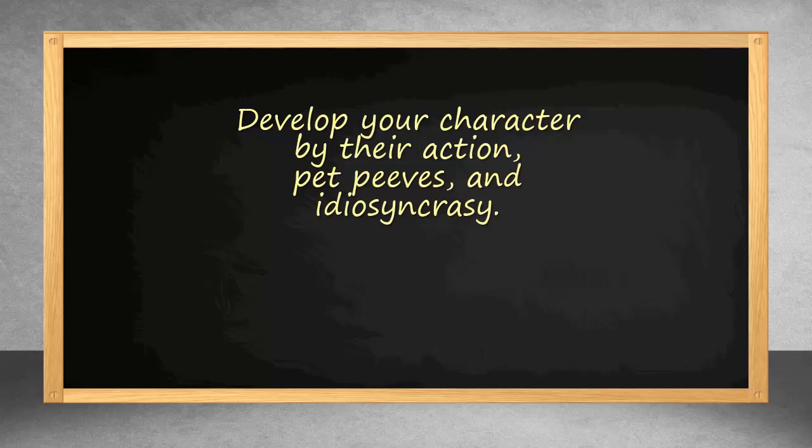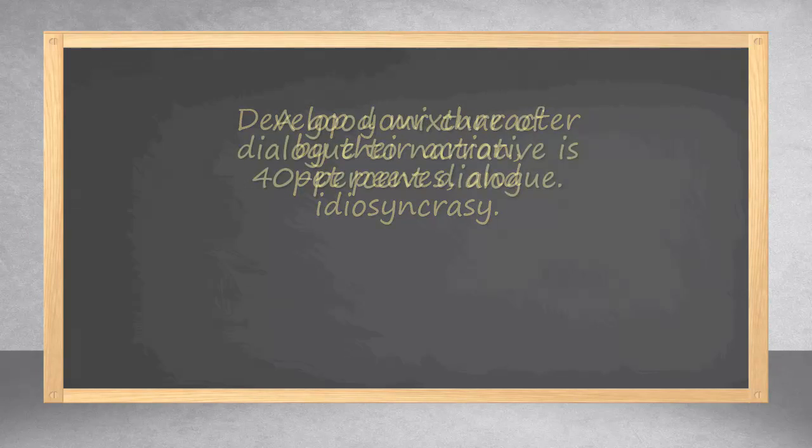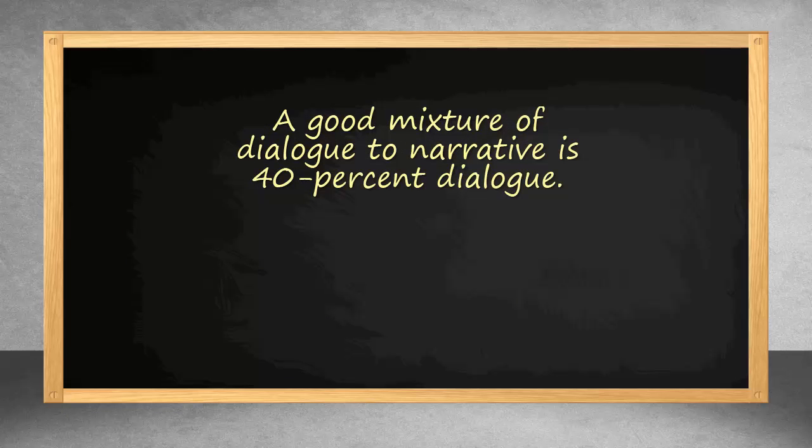And last of all, students often ask how much dialogue should be in my story. Should it be mostly narrative and a little dialogue, or vice versa? Because your story should be a mixture of dialogue, narrative, and description. And like spice on your salad, you want to mix that up until it's just right. And it doesn't always have to be the same mixture. But I went through several novels that I liked and used a highlighter to highlight all of the dialogue, and I compared it with the narrative, and it seems that the novels that I like typically are around 40% dialogue compared to the narrative and description. So I think that's a good ratio.